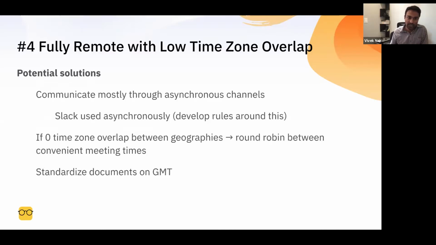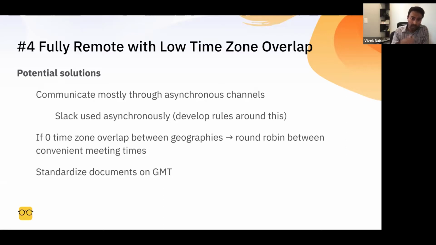So tactics to deal with that are, in the case of low time zone overlap, you absolutely have to communicate asynchronously. There's no way you can get around it. And what we see that's interesting is that a lot of people use Slack asynchronously, and they'll develop rules around it. They'll say, hey, there's no expectation that you respond to DMs. There's no expectation that you have to respond to @messages immediately. You can silence all notifications if you want, and you almost treat it like an email inbox. And your inbox is determined by the active notifications that you've received on your sidebar.